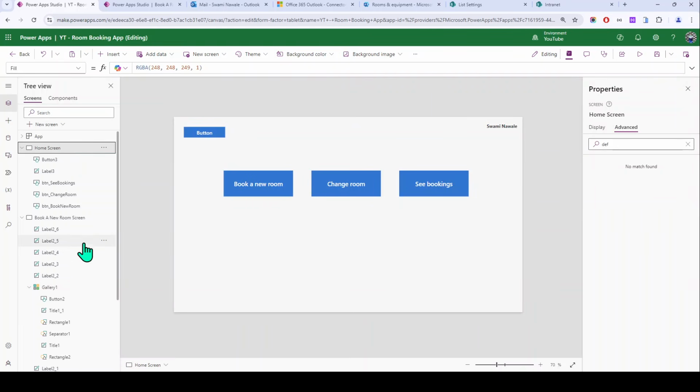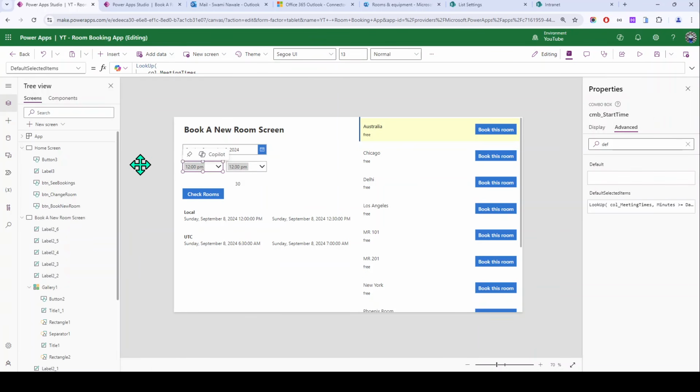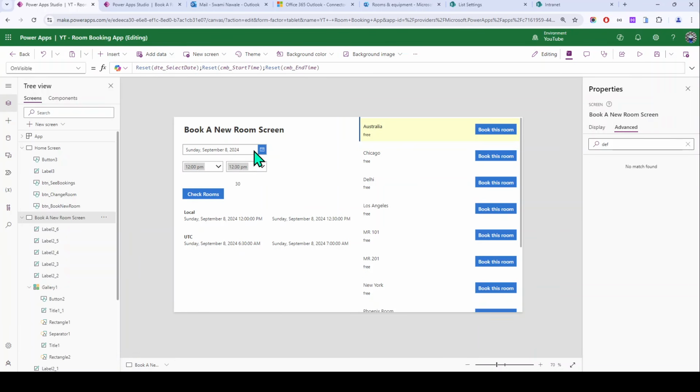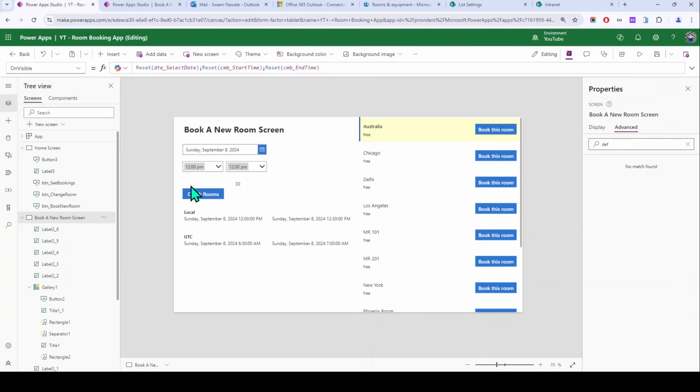Go back to home screen, go to this screen. This is working as expected, even though if I select this one, it is not allowing me to select the past time. The only thing is, in this date picker control, we don't have the ability to hide the previous dates. In modern control, we actually have. So for that, what you can do,